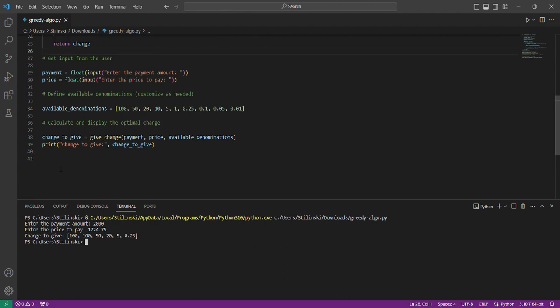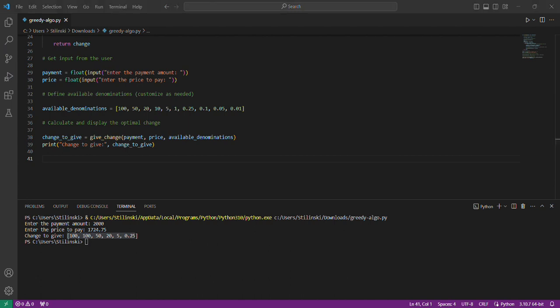The change to give displays the available denominations. If you subtract 2000 minus 1724.75, the answer would be the total. If you add these changes, these are the result if you subtract the price to pay from the payment. So this is the breakdown of the code.